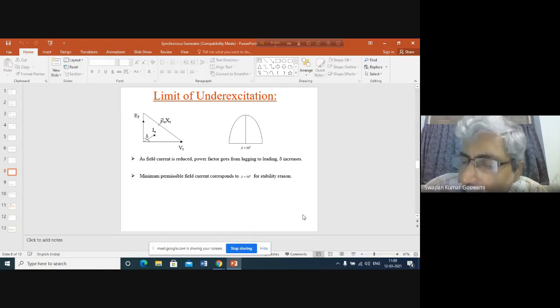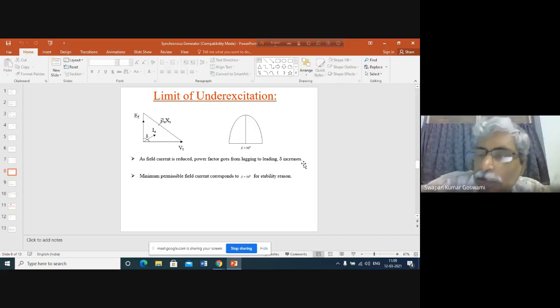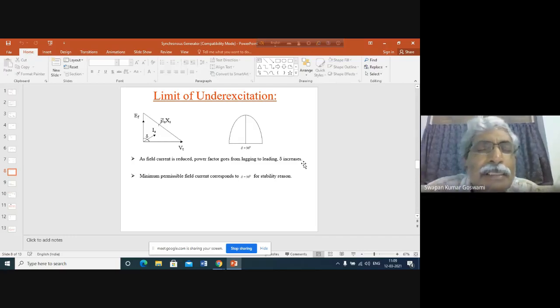What is the reason behind it? Sir, because absorbing of reactive power by the inductor is less compared to the producing of reactive power by the capacitance. By the capacitance, yes. That means since the line capacitance is generating reactive power and the power demand on the system is low, reactive power supply becomes greater than the reactive power consumption. As a result, voltage increases.